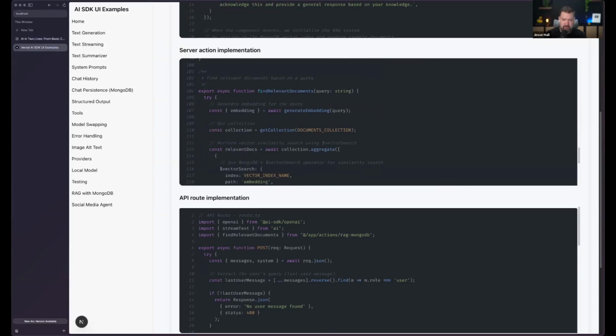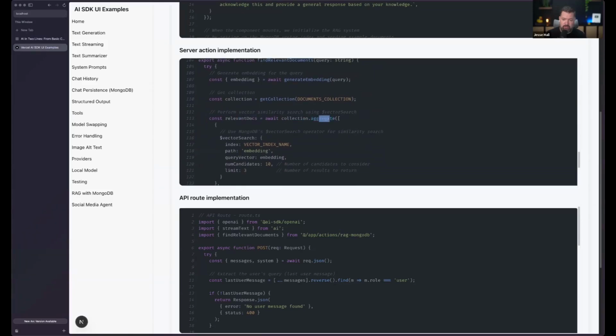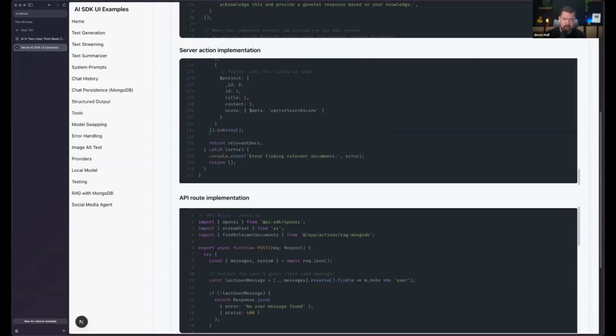And then this is the magic part here, find embeddings. Whenever we ask a question on the front end, it calls this every single time to make sure that it's retrieving the most up-to-date information. First, it's creating an embedding from the user's query, because we have to put the user's query in that same multidimensional space as our proprietary information embeddings. We tell it the collection, and then we actually retrieve these documents. So collection.aggregate, and again we're using vector search here to retrieve those relevant documents. And then we just send those documents back.